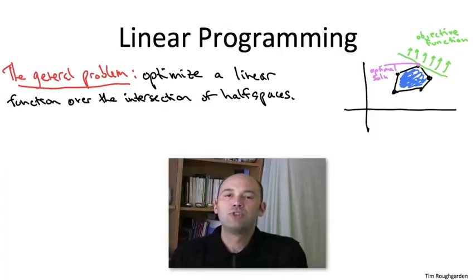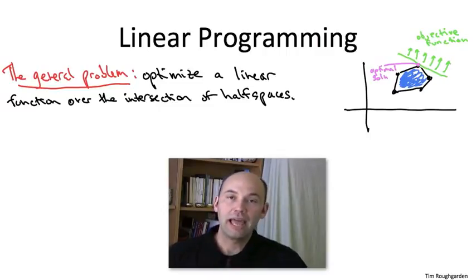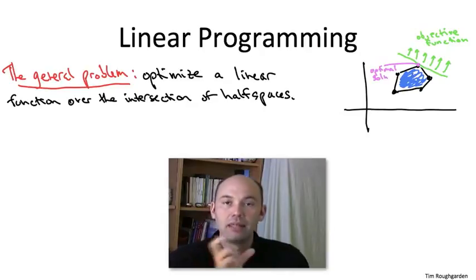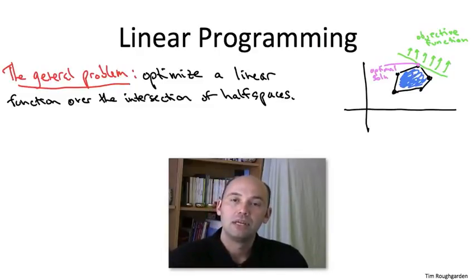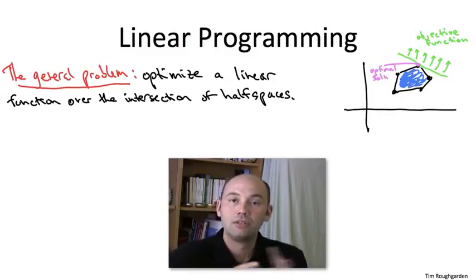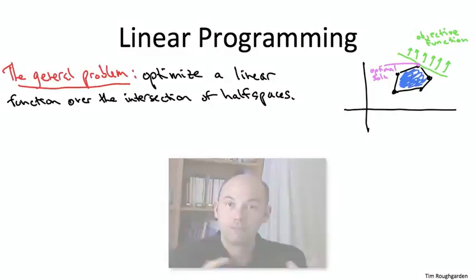For example, the maximum flow problem is easily encoded as a special case of linear programming. You use one dimension, that is one decision variable, for each edge. The decision variable describes how much flow you route on a given edge. The linear objective function would be to maximize the sum of the flows on the edges going out of the source vertex. And then you would have linear constraints just insisting that the amount of flow coming into a vertex is the same as the amount of flow coming out of a vertex. And linear programming encodes not just maximum flow, but tons and tons of other problems as well.